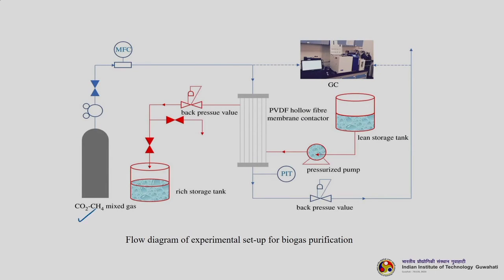You see the carbon dioxide-methane mixed gas is being fed to the membrane system, which is fitted with PVDF hollow fiber membranes. Then you can see the lean storage tank, the feed is coming here, and whatever comes out on the permeate side is being collected here. The gas after removal goes through this one, then you can collect it here and measure it through the GC or HPLC system to find out the concentrations of both carbon dioxide and methane. It is a very simple operation actually.